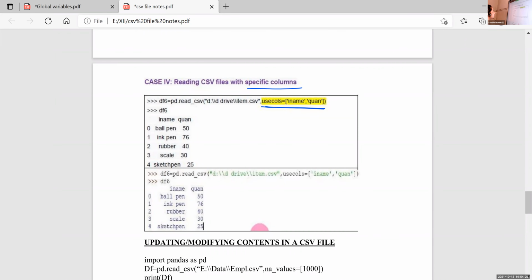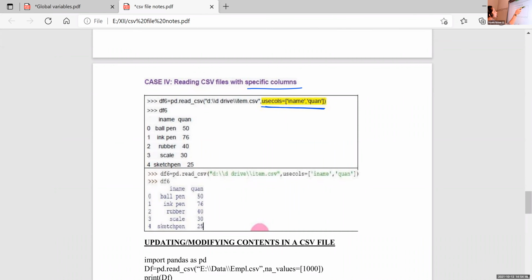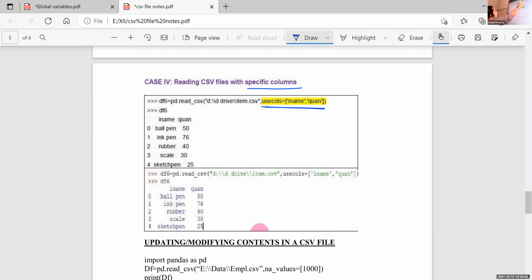So it is reading with specific columns. You want to learn these extra parameters needed for this reading option.